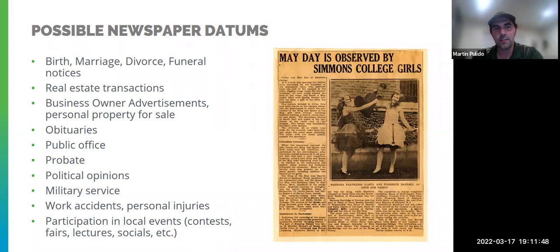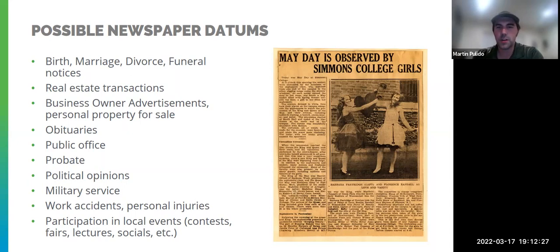Real estate transactions. If your ancestor was a small business owner, they'll often note ads about their particular business. My great grandmother ran a secondhand store in Pocatello, Idaho. And I could find 50 to 100 newspaper ads that they ran of their business, which was kind of fun to see when they do particular sales of particular items, how they ran their business, so to speak. And of course, it gave address information too, with where they ran their store, which was fun to track down. So those can be pretty cool.